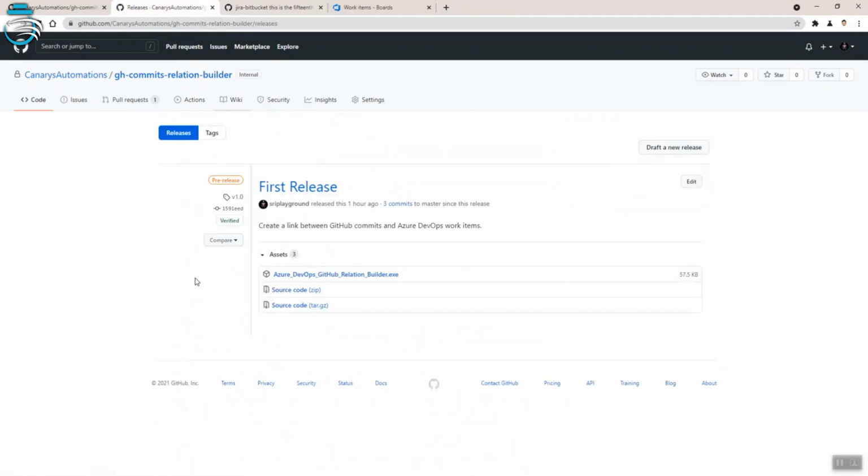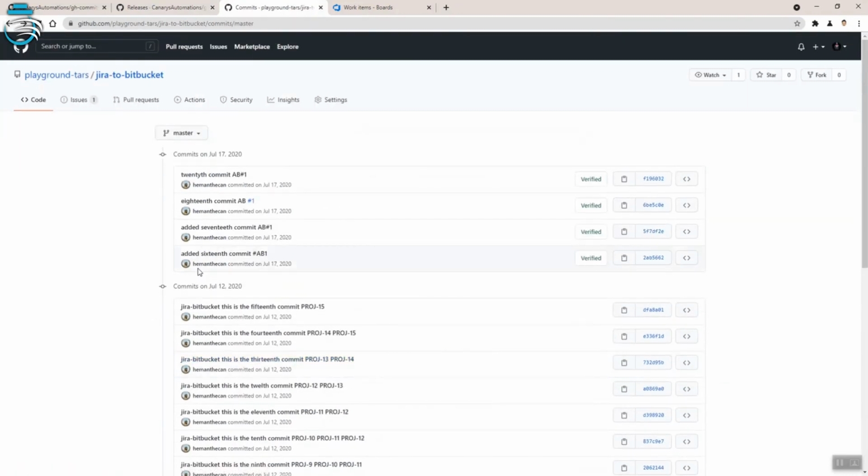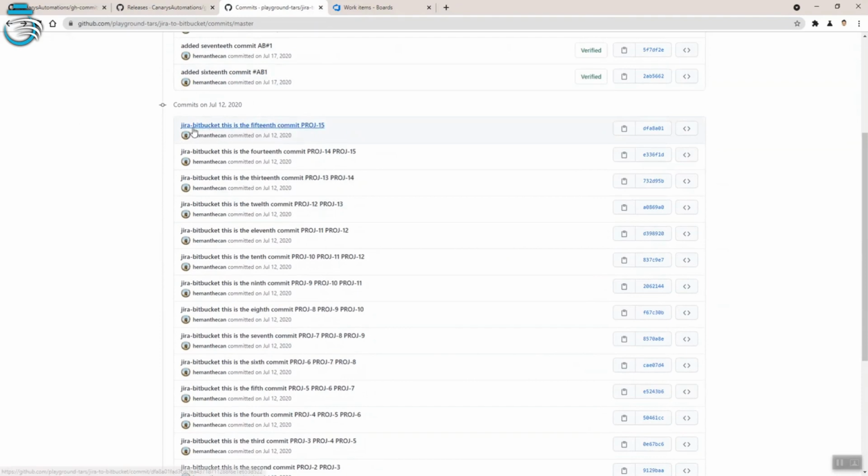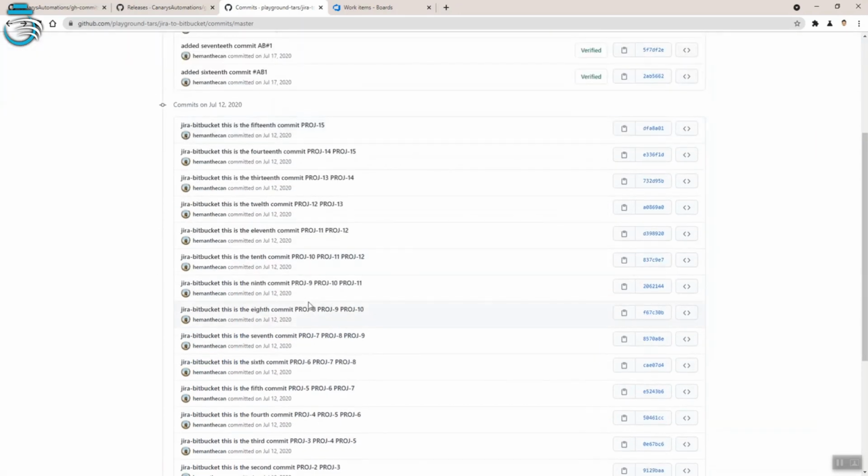Before we go and run this tool, I have a few things that I would like to show you. The first thing is I have the source code that is migrated from Bitbucket, and you can see that this source code has all the commits with all the Jira references, issue types as well. These commit messages have a specific format from Jira, like proj-15, proj-30, etc. These are the commit messages associated in Bitbucket along with your Jira issue types.